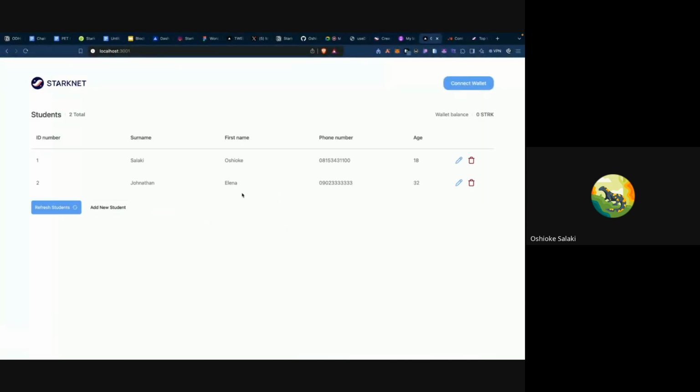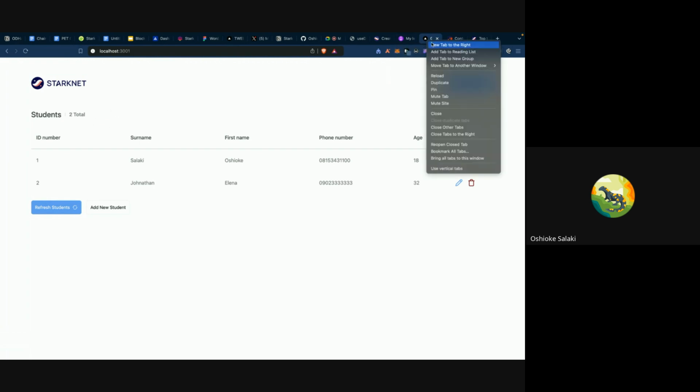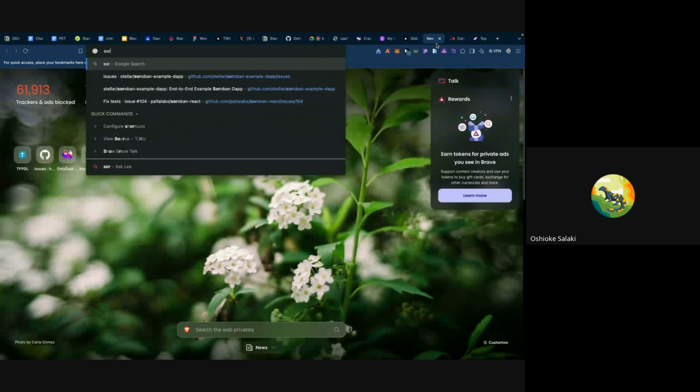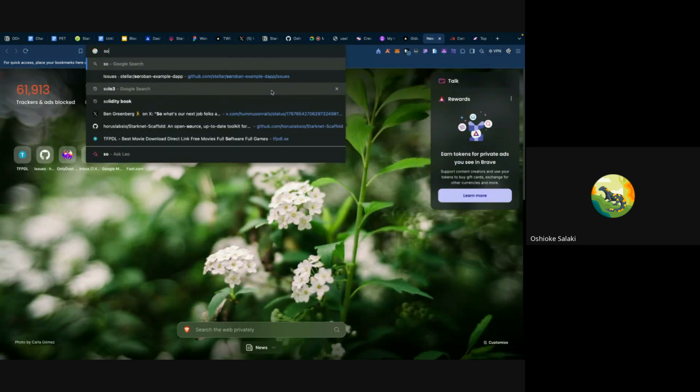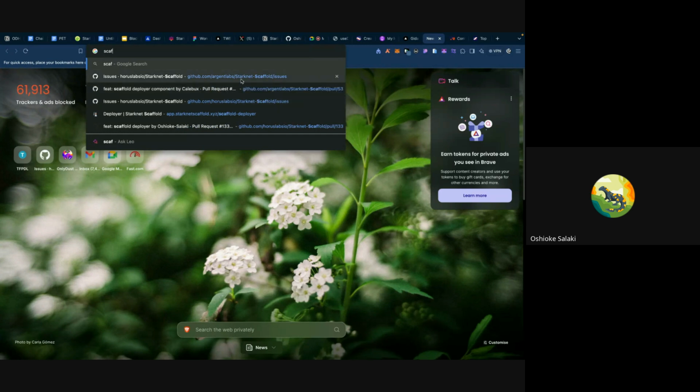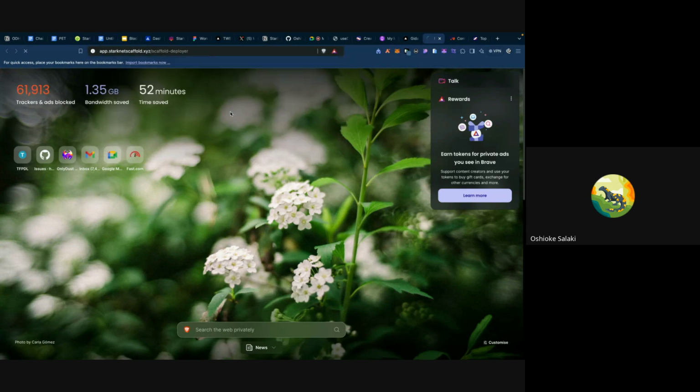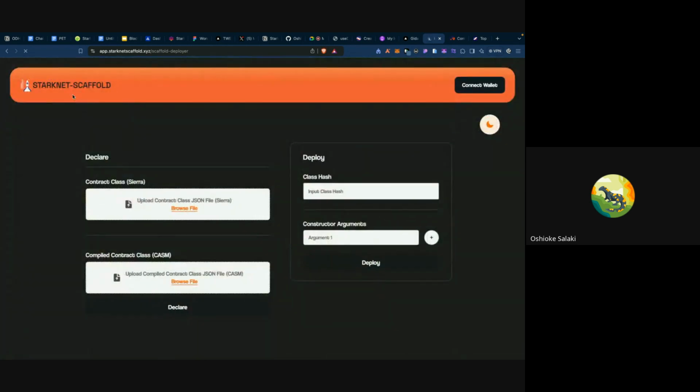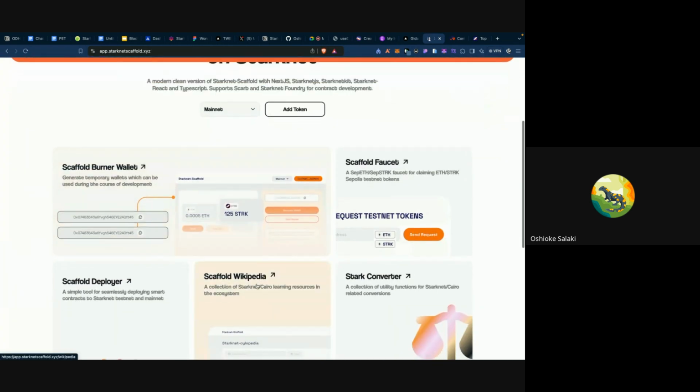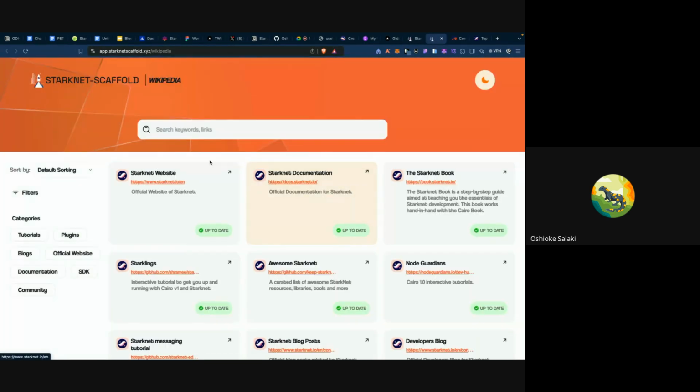And I mentioned the sort. So maybe the sort icon can be somewhere here. Let me show you what I mean by the sorting functionality. So we have this Wikipedia too. So for the sorting,